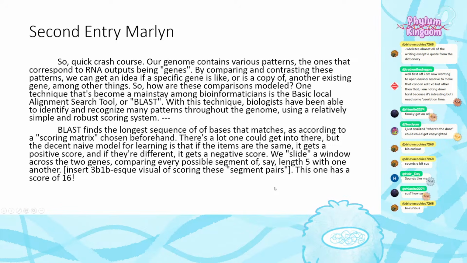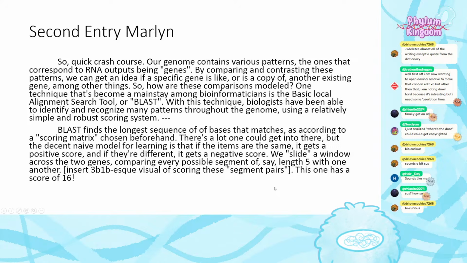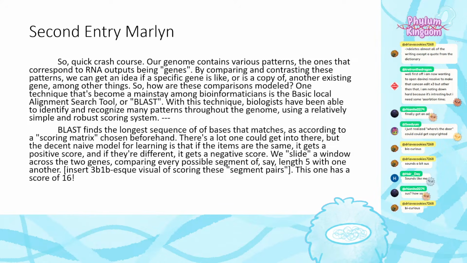Okay. So this is the piece, and I'll read it out loud again. Just feel first, and then we'll talk about how and what, to interpret those feelings. So, quick crash course. Our genome contains various patterns, the ones that correspond to RNA outputs being genes. By comparing and contrasting these patterns, we can get an idea if a specific gene is like or is a copy of another existing gene, amongst other things. So how are these comparisons modeled? One technique that's become a mainstay amongst bioinformaticians